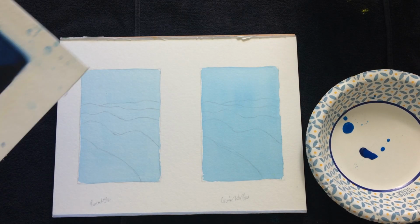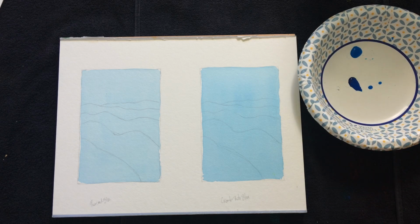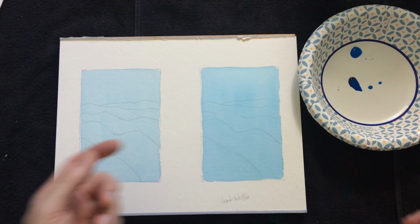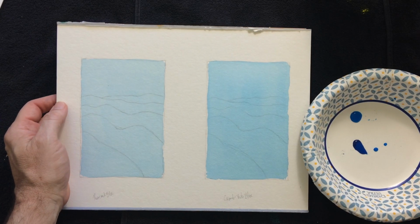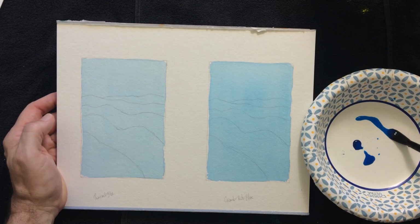Okay, I'm ready for the second layer for this receding hill study. I've dried both of these, and since I started with one for this comparison, I'm actually going to go the other way around because I have peacock blue more handy right here, and they're both dry. So I'm going to do peacock blue over here on the left side